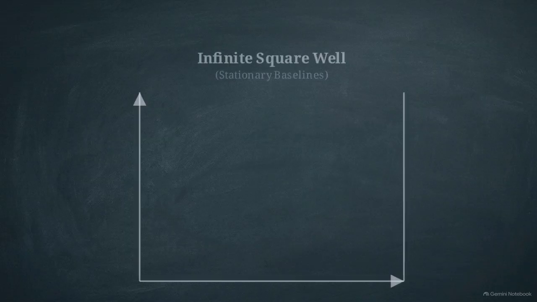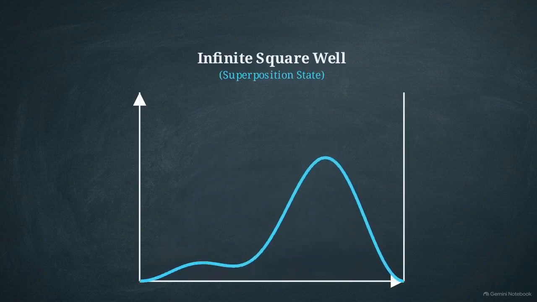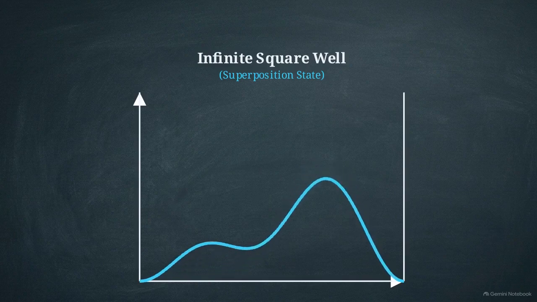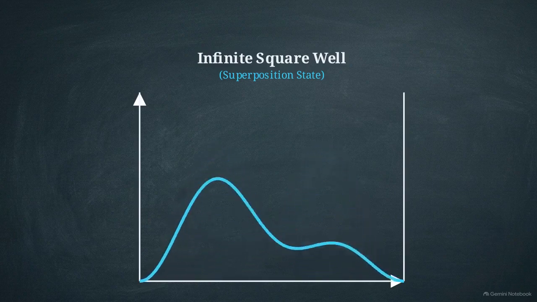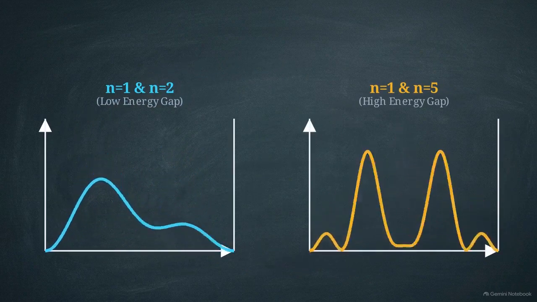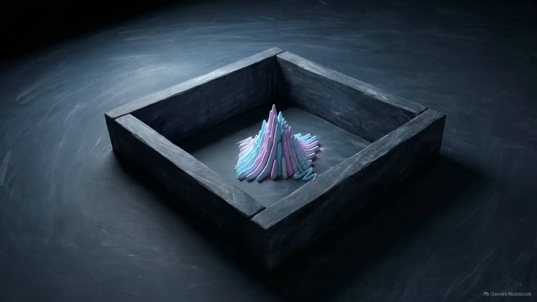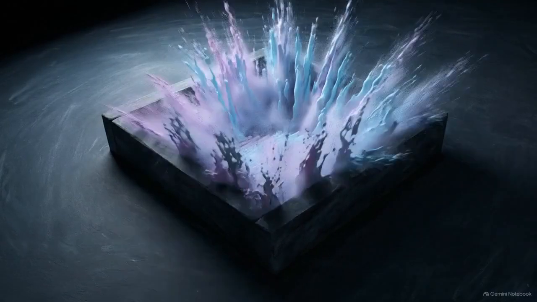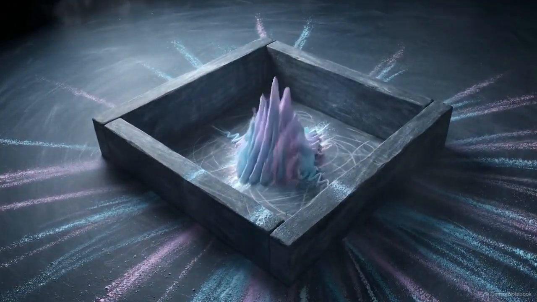In the infinite square well, we start with these two unmoving baseline states. When we add the cosine cross term, its oscillation interacts with those baselines, driving the total probability density back and forth across the well. The frequency of this sloshing motion is directly proportional to the energy difference between the two states. Because this oscillation is rhythmic, the wave will periodically realign into its starting position, creating a grand recurrence.